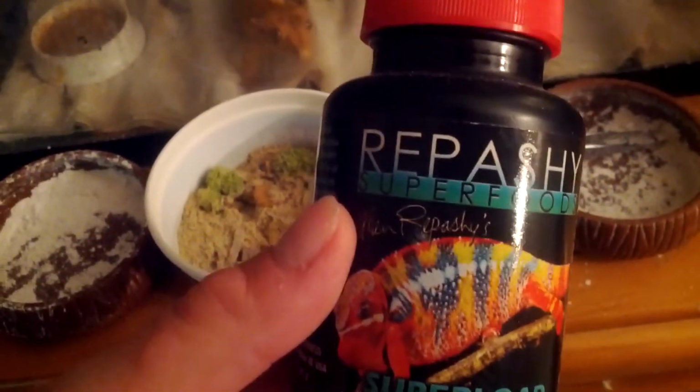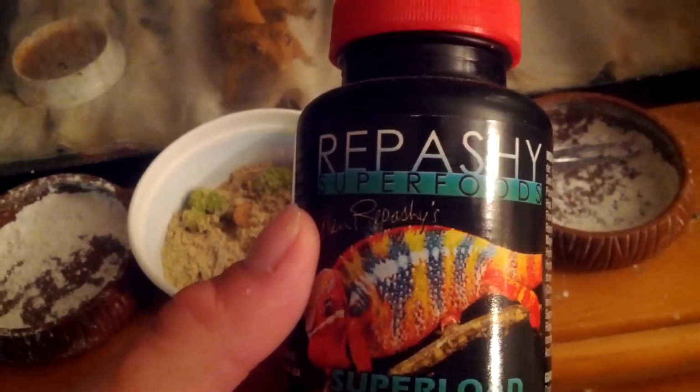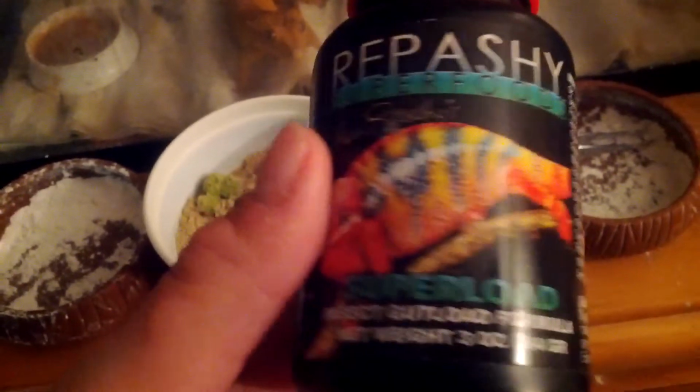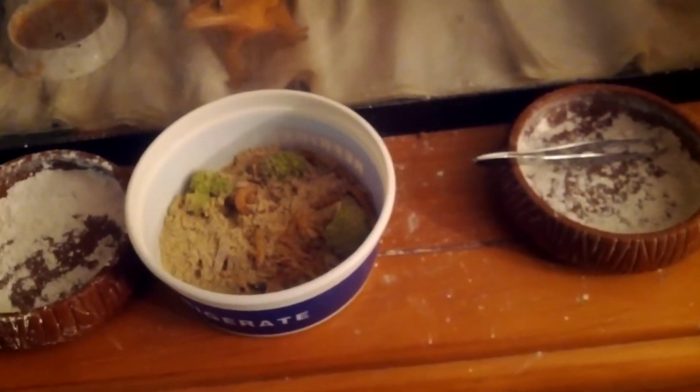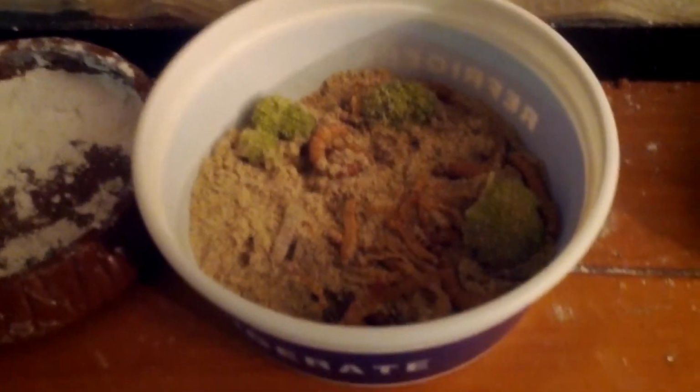Oh, you can see Zig here. She knows I'm about to feed her worms, so now she's hungry. She's waiting. So I use this, and it's just powder basically, like you can see in here. And, hi Zig. She's so funny. And basically I just sprinkle a whole bunch of the gut load powder into the tub with the mealworms,